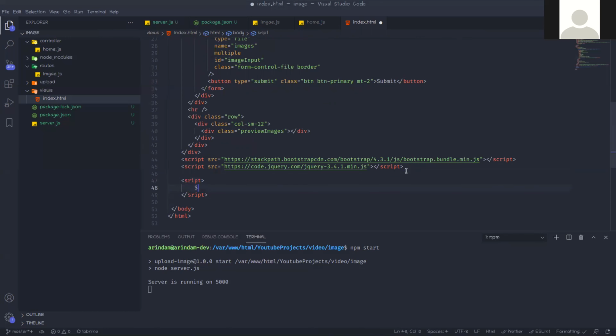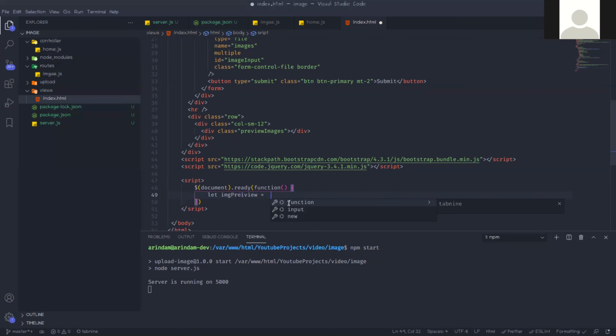So we can do document.ready function. In this document.ready function, first we will take one variable, image preview, and then the preview spelling is incorrect, so P-R-E.